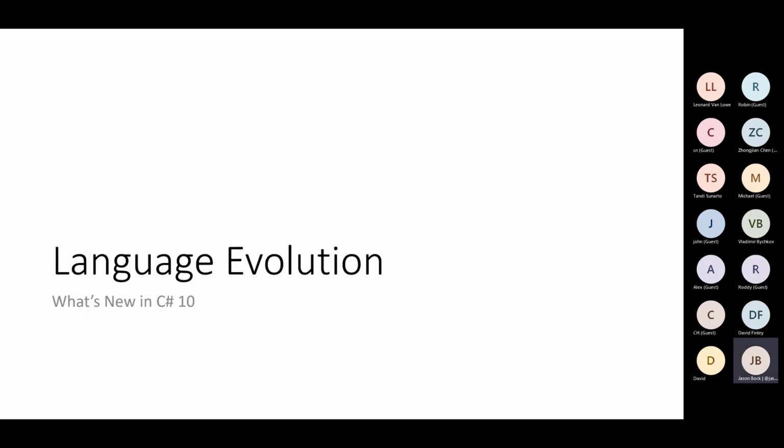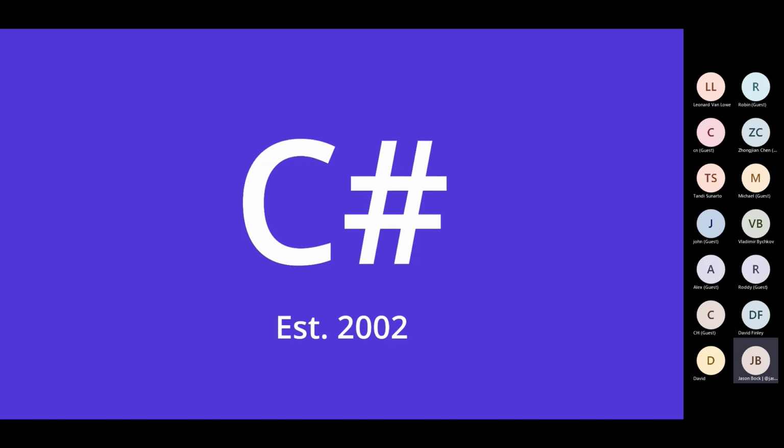All right, so language evolution. It's interesting that I'm at the point in my career where I'm starting to work with people that have no idea about the origins and the beginning history of C#. It's a language that's been around for quite a long time, almost 20 years at this point, and a language that's been around that long has a pretty rich history. I'm not going to get into the whole Java, Microsoft, Sun story. That's a story unto itself, but that's what led to .NET and C#.